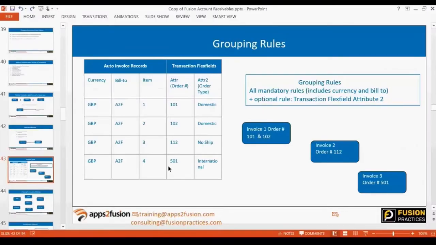Now a grouping rule is something which helps the system understand how to group the invoices together. There are certain attributes which the system uses to group them together. There are certain mandatory criteria plus optional criteria you can set up. Mandatory fields can be currency, so it will group together by currency, bill to information, your bill to customer, or the item information. These can be certain mandatory criteria. Apart from that, you can set up certain transaction flex fields, any additional flex fields based on DFFs, or other extra attributes you can select